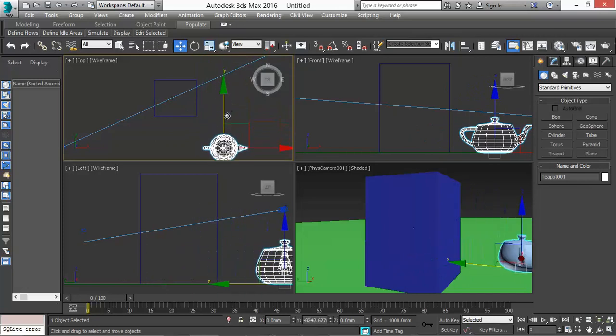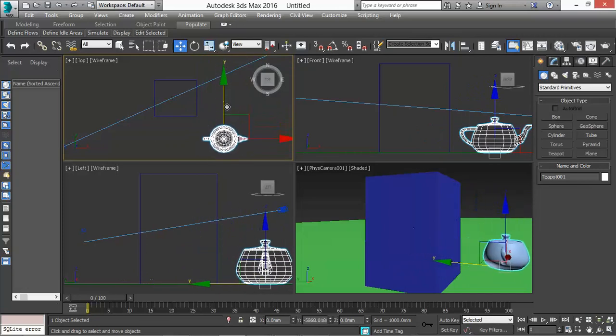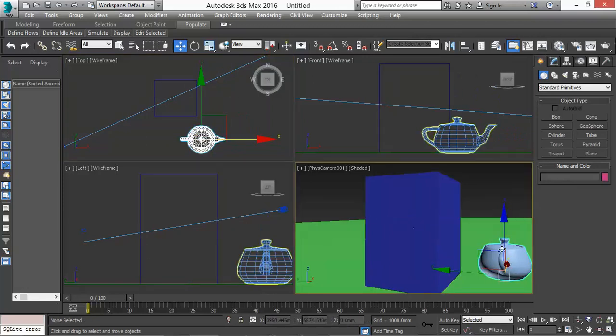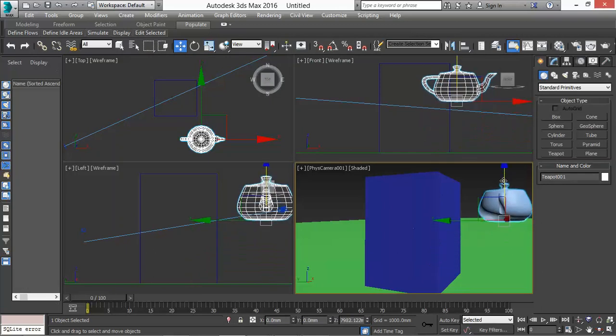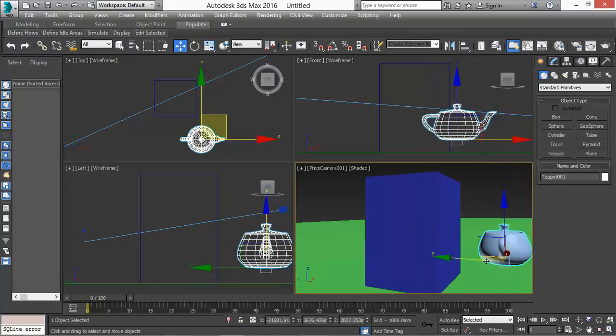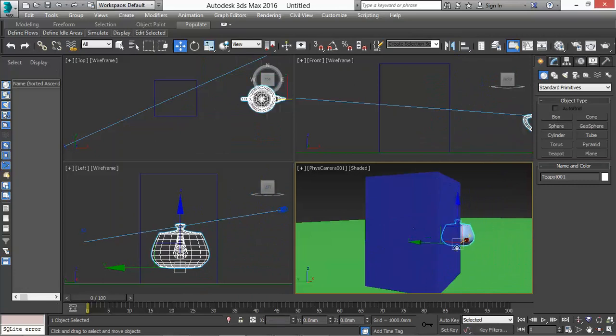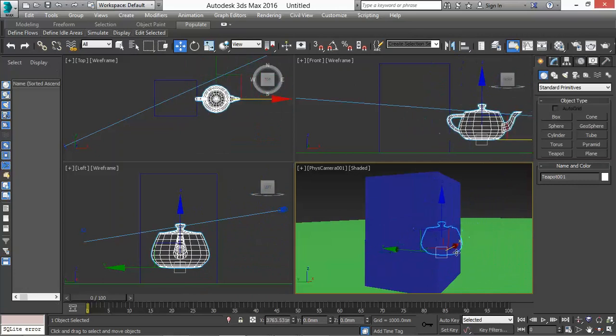change the orientation. You can move the orientation in the y-axis. You can move it in the x-axis. Now the z-axis is not showing because we are in the top view. But if I come to this place, you can see the z-axis is showing. That means I can move it upwards also. I can move it on the y-axis, and I can also move it in the x-axis. So try practicing that because you need it in your